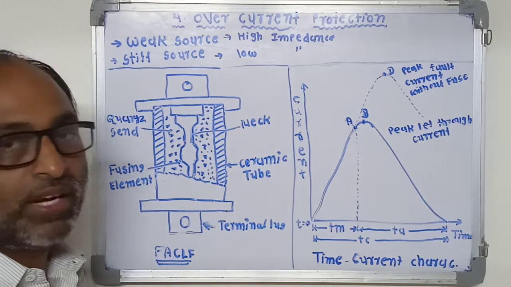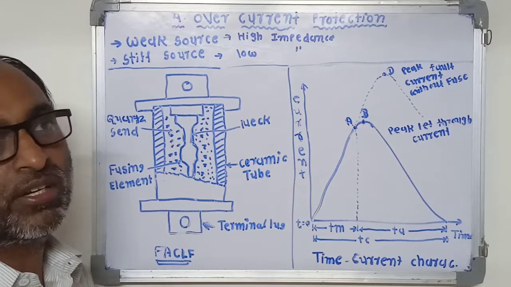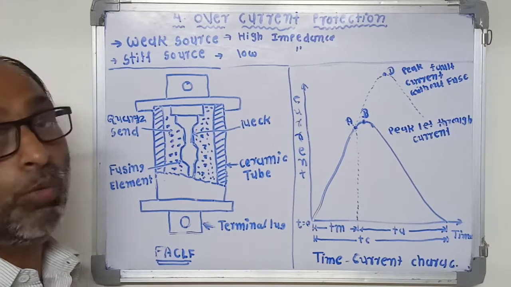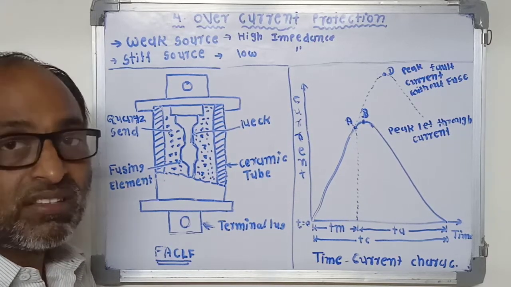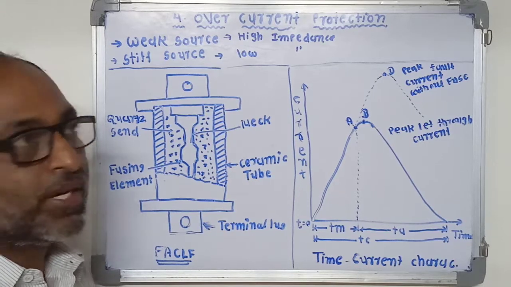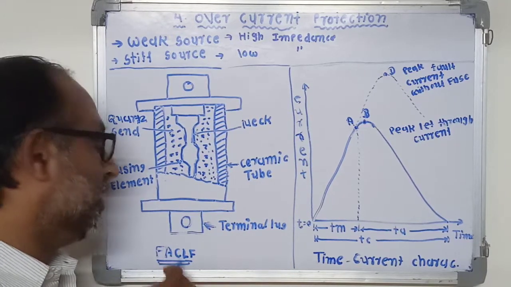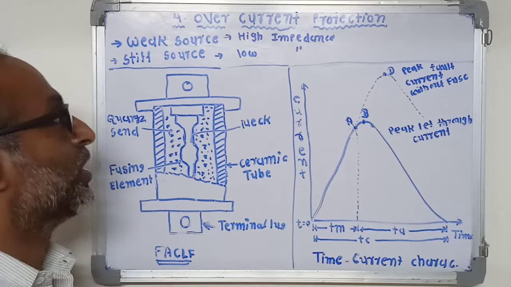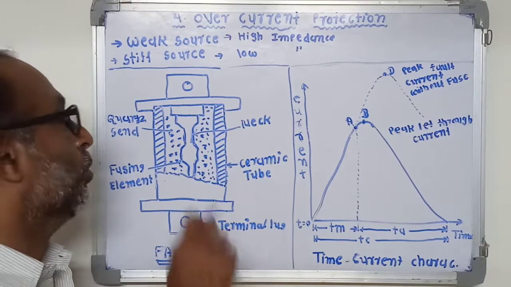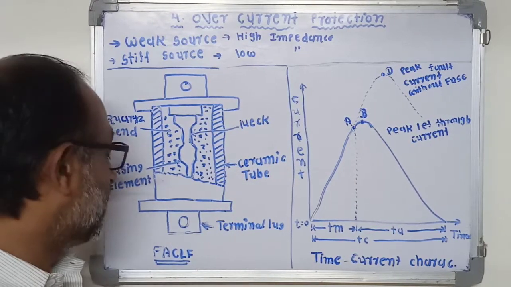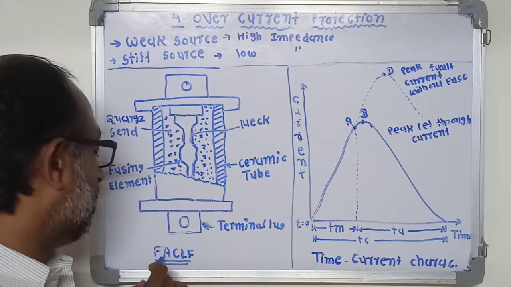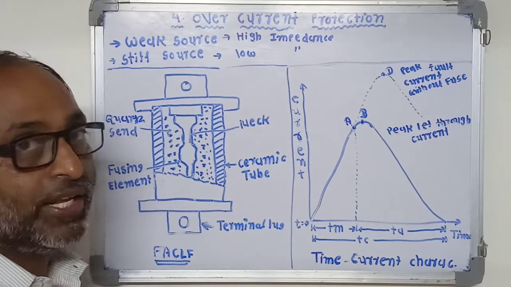In a very small time period, the junction temperature is increased due to the overcurrent. Now, in such a case, a special fast acting current limiting fuse is used for protection against overcurrent. Let us see the construction of the fast acting current limiting fuse.